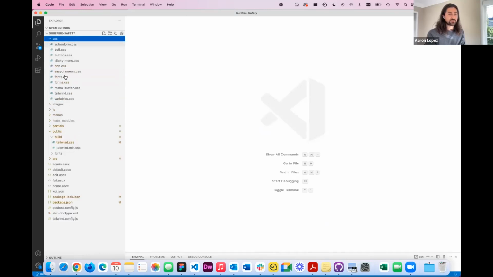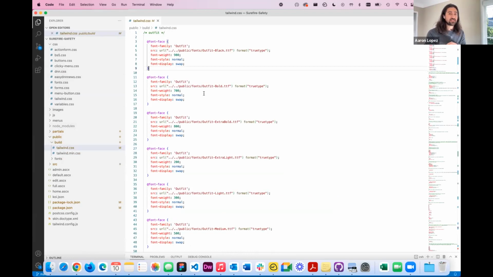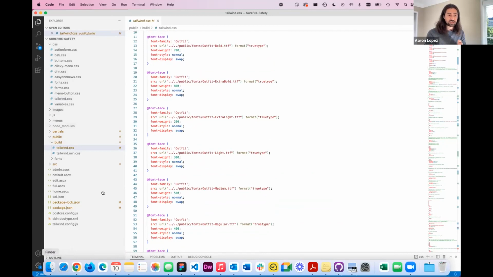So in my CSS folder, I have an input file called Tailwind CSS, and this is one of the requirements of Tailwind. You basically have Tailwind running, and then it looks in this file, and then it sends it to an output file. So don't get confused here, because this is called Tailwind CSS. This is the input file, and over here in my public build folder, I also have a Tailwind CSS file, which is the output file. So when I start the project,